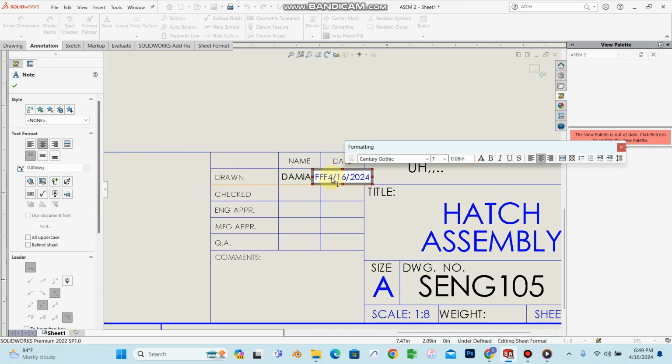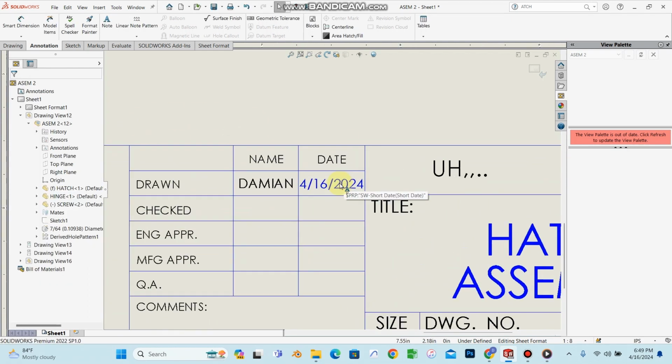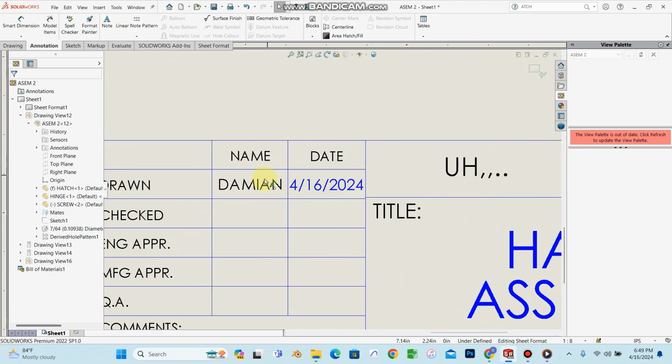So now let me delete what I typed. So now I can click on the check mark and then place the date. So this is the date, and this is how to place the date. So let's try again. This time here,